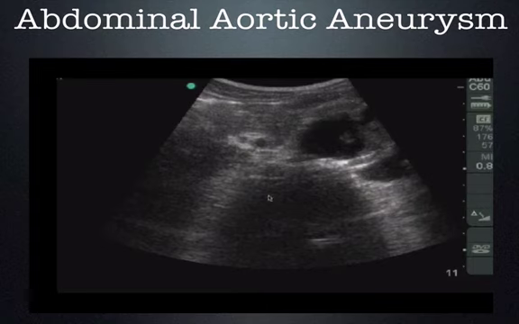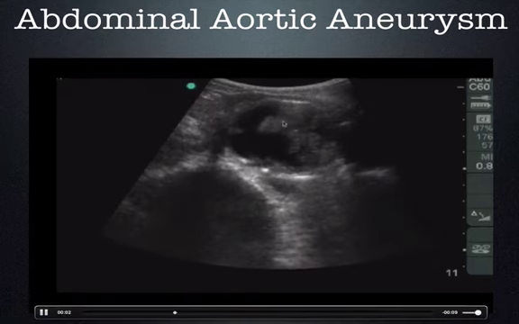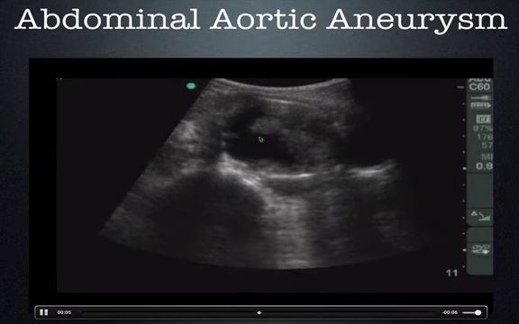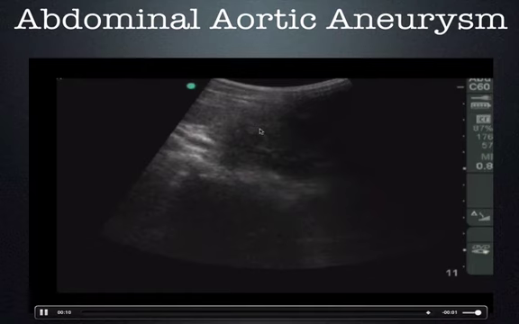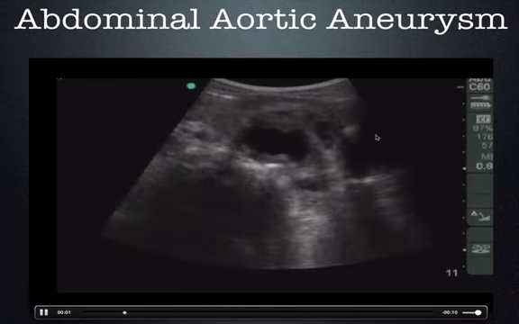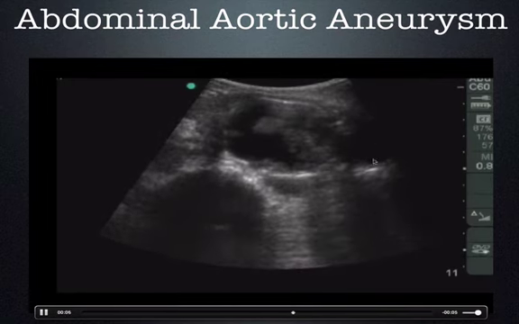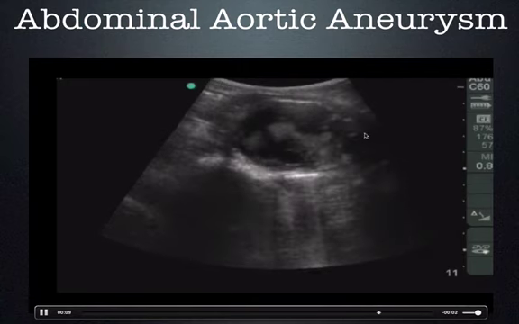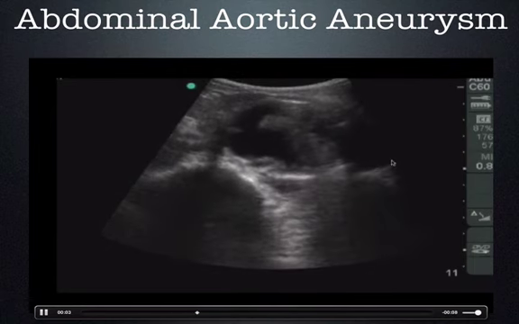There's another image. We can see right here the anterior cortex of the vertebral body. Therefore, assuming conventional probe orientation, this must be the aorta. So we slide along. We can see some mural thrombus that is moving with blood flow, likely true lumen, likely a false lumen up here. If you look very carefully, you can actually see what appears to be fluid outside the aorta here. Now it's possible this is also false lumen, but this could also be ruptured aortic aneurysm, likely rupturing into the